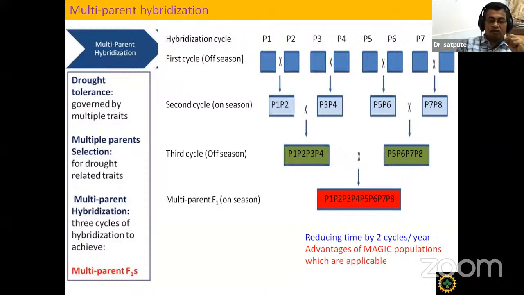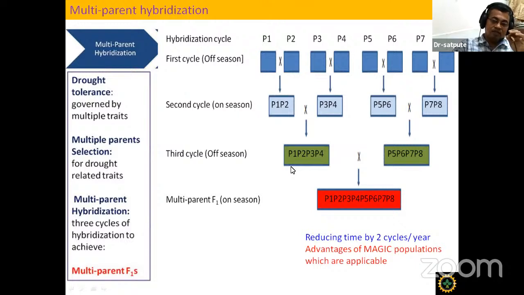The drought-tolerant genotypes are crossed with well-adapted cultivars, and as you can see, P1, P2, P3, P4, and likewise we take eight genotypes, and there are 3